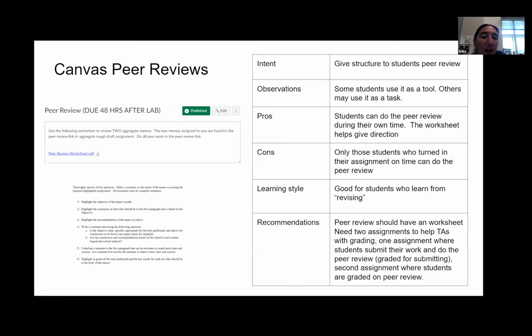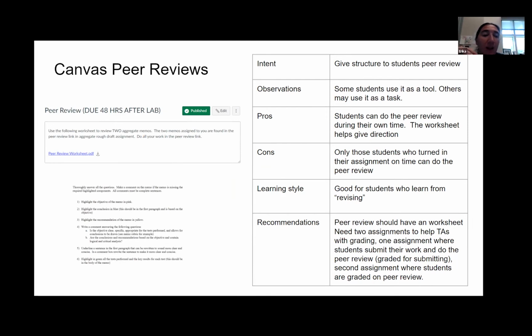Hi, I'm Erica Weber. I'm in the civil engineering department. And the method that I'm talking about today is actually the peer review process on Canvas. We started using this once COVID hit. I was teaching a writing intensive materials lab where students have to write memos, a total of 6 memos throughout the semester. With this peer review process on Canvas, the students are able to upload their memo or their report,